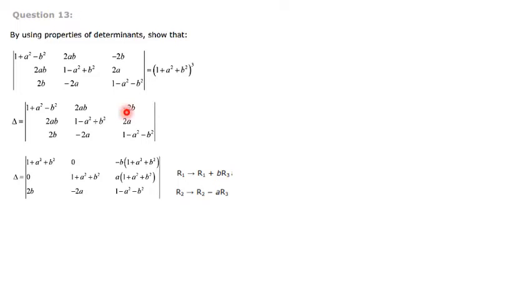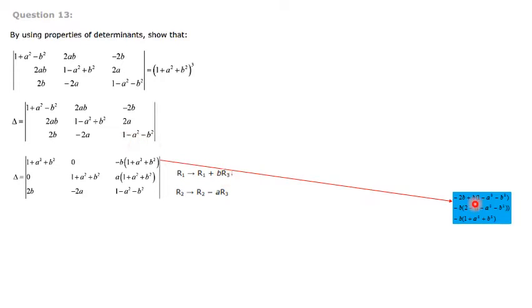Next again here minus 2b plus b into r3. r3 is 1 minus a square minus b square. That we have to go for little rough work. Let's see. So minus 2b plus br3, that is b into 1 minus a square minus b square. Then what I have done is I have taken this minus b outside. Minus b if I take outside, so I will get it as 2 minus, this plus becomes minus, 1 minus a square minus b square as it is. Then minus b, this 2 minus 1 is 1. Then remove the bracket, I will get as minus b into 1 plus a square plus b square.